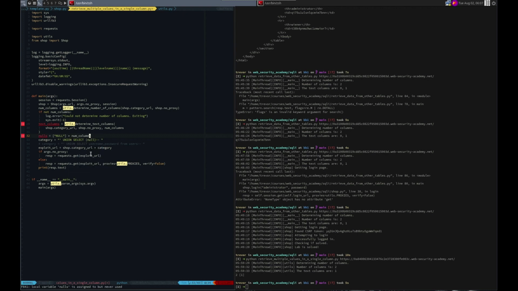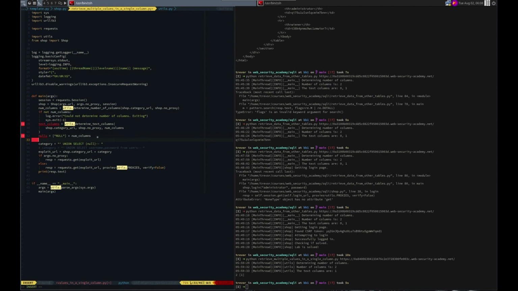So we're creating an array with null this many times. And then we're going to change out nulls at text columns 0. So we're going to take the first text column entry, and replace null with what we want there,